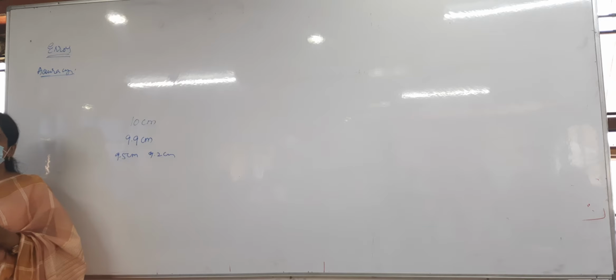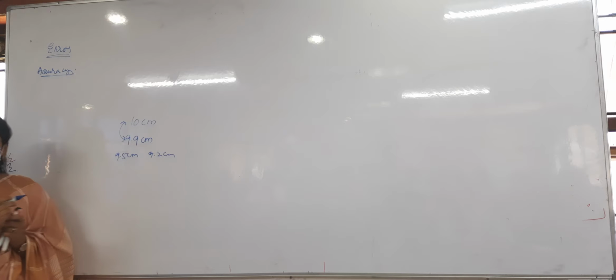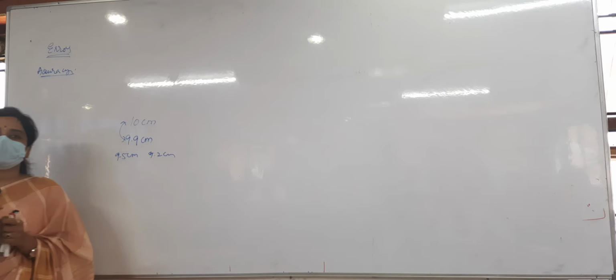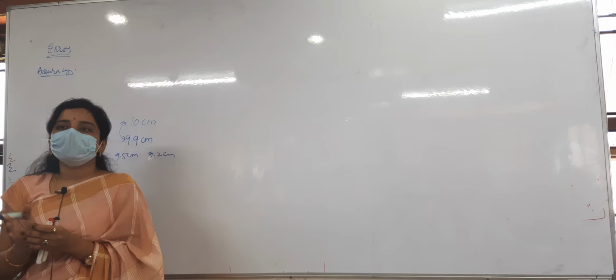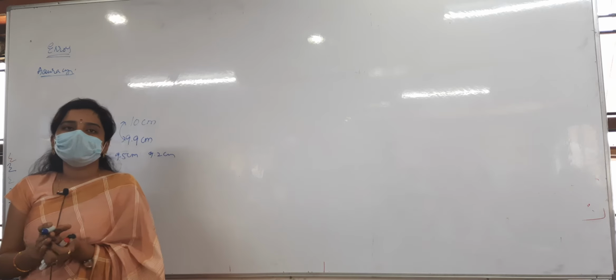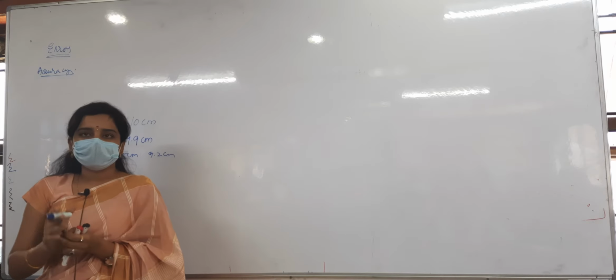9.9 is accurate. Why? Because this is close to the true value. So that number we call as what? Accuracy. Accuracy is nothing but the closest value to the mean value, otherwise the closest value to the true value. True value and mean value are both the same. We can understand that in the next concepts.